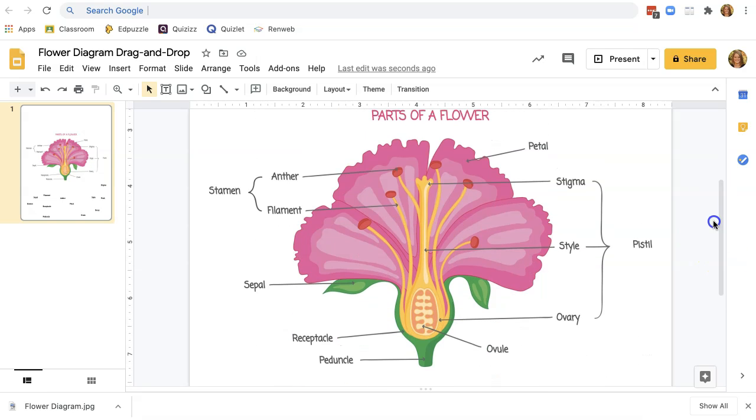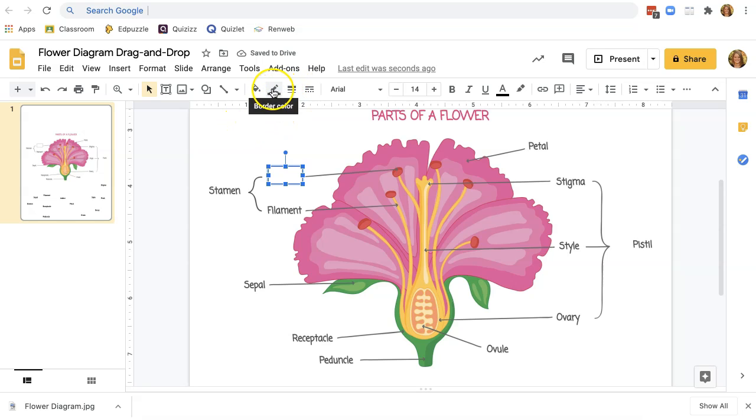and work on covering up all of these words so that the students won't be able to see them. You can do that with either a text box that you change the fill of or insert a shape. I'll choose the shape and draw a rectangle around the word. I'm going to change the fill color to white so it completely blends in,